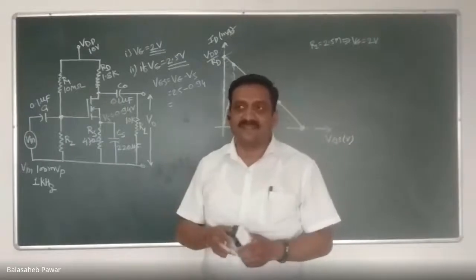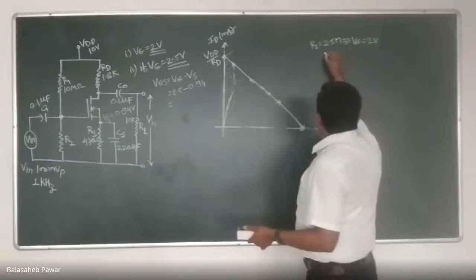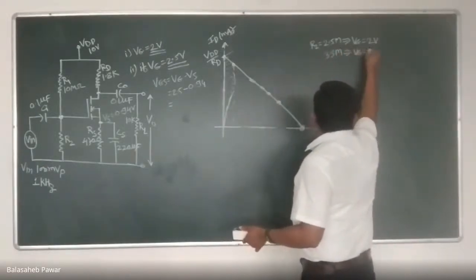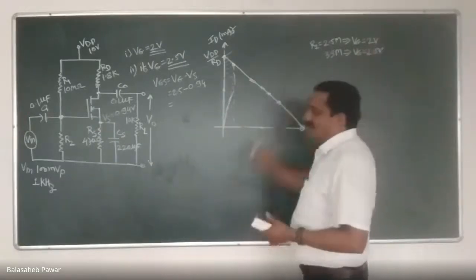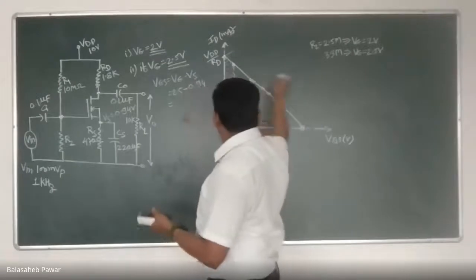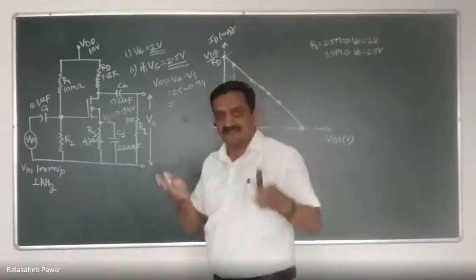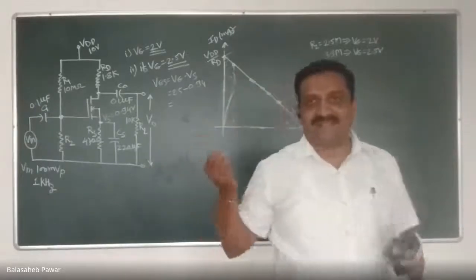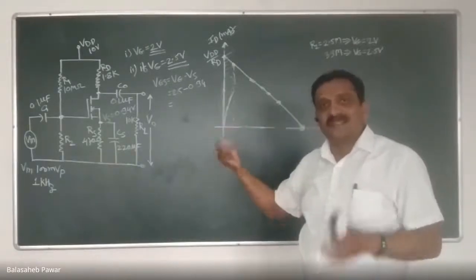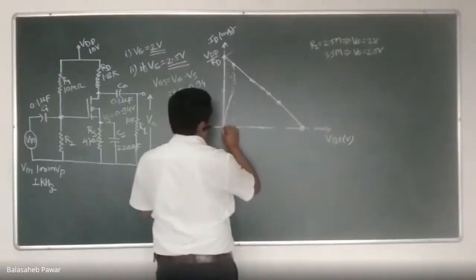In the second condition, what did we do? We increased the value of R2 from 2.5 to 3.3 mega. What was the effect on VG? VG becomes 2.5. That means VGS becomes greater than 1.1, and the same curve I showed here. That means the operating point is shifted from the center toward the ohmic region, in the upward direction. If I decrease the value now, VGS will be less than 1.1. That means the curve will be somewhat over here.